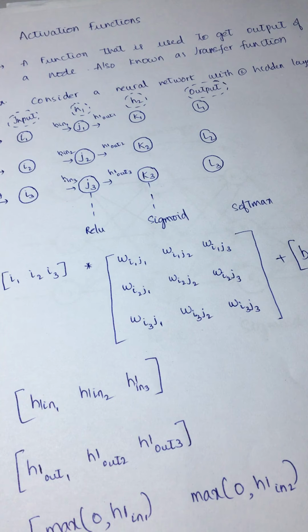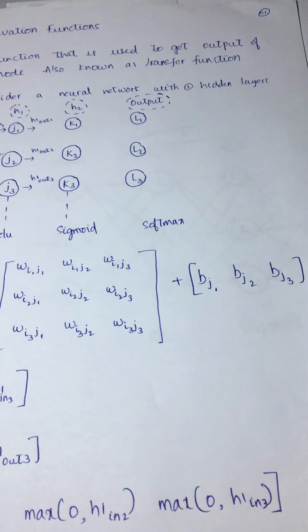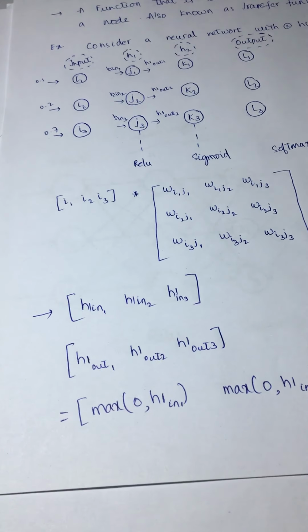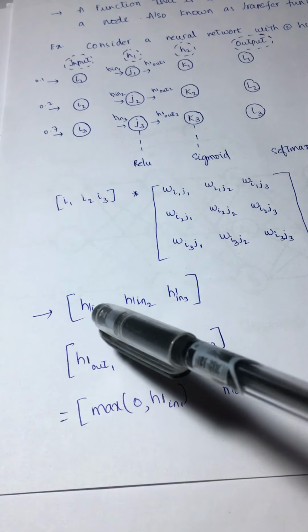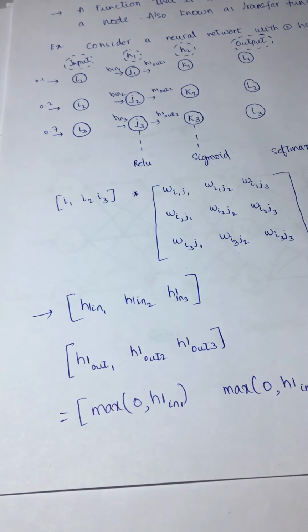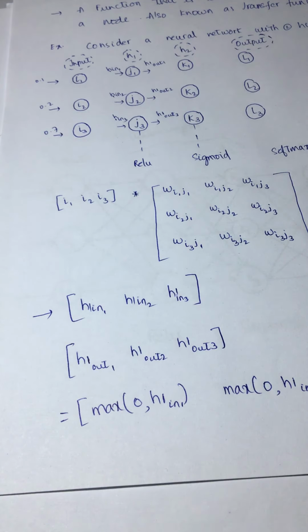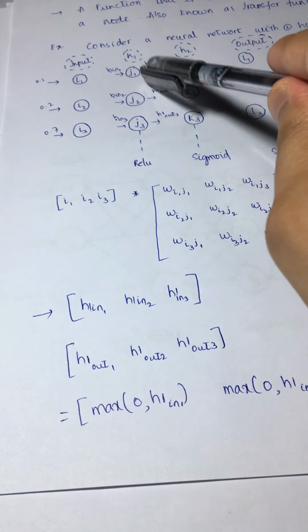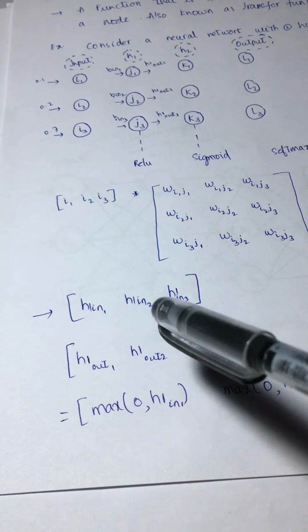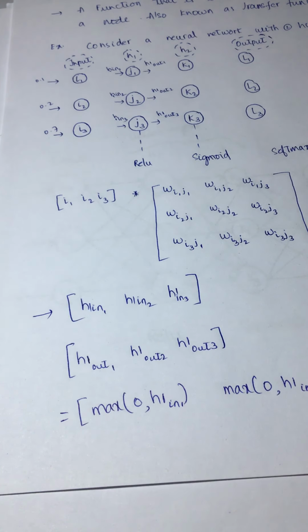Okay, so what would happen in the first layer is you have your I1, I2, I3 and the weights. You just take a cross product, add the biases at the end, and you get your HIN1, HIN2, HIN3. Okay, so these are these. Now after this, what is this H1 out 1? H1 out is nothing but